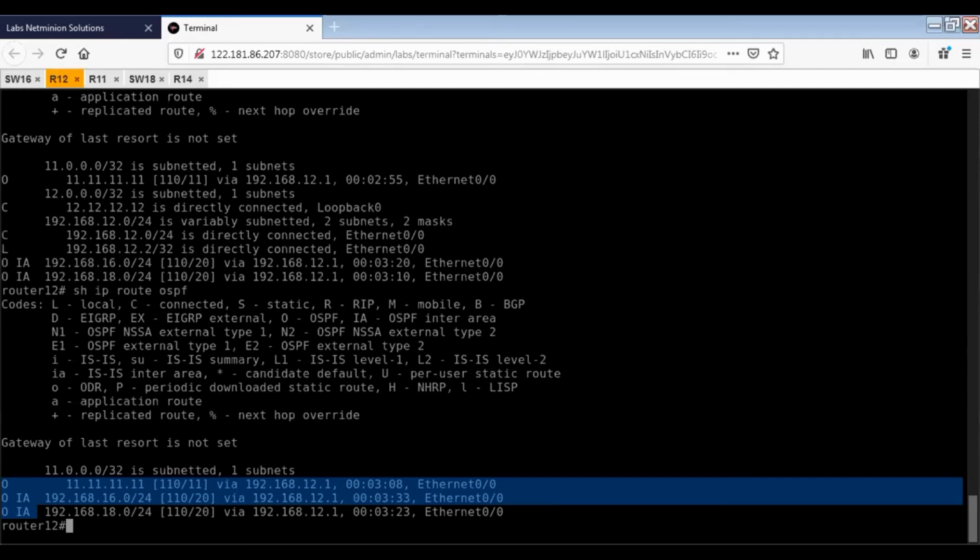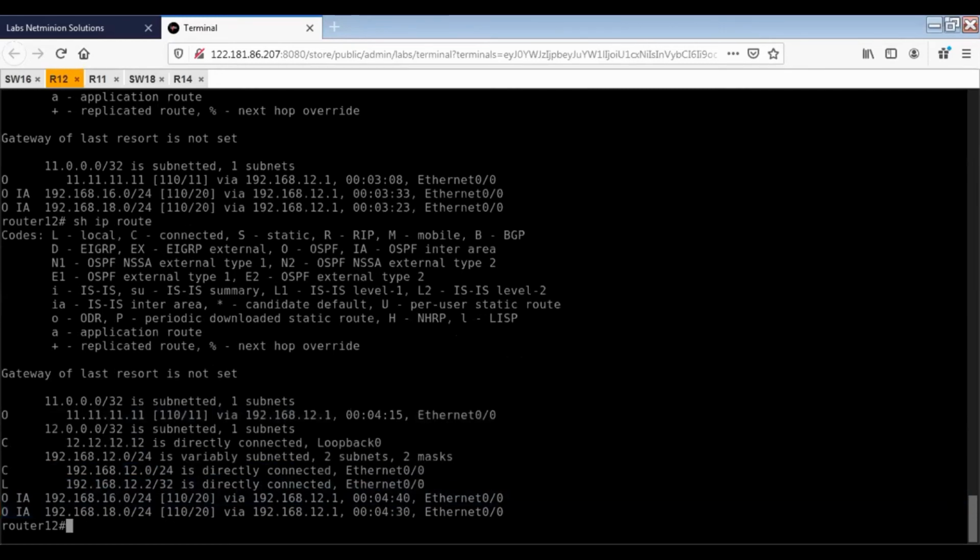And in the database, we have not seen any area 16 or area 18 there. But yes, we have seen area 1, because area 1 is configured locally on this router. You can say we have 12.12 in area 1 and 192.168.12.0 in area 0. Why is that route not there in OSPF? Let me tell you. If we see in show ip route, 12.12 is connected and 192.168.12 is connected.